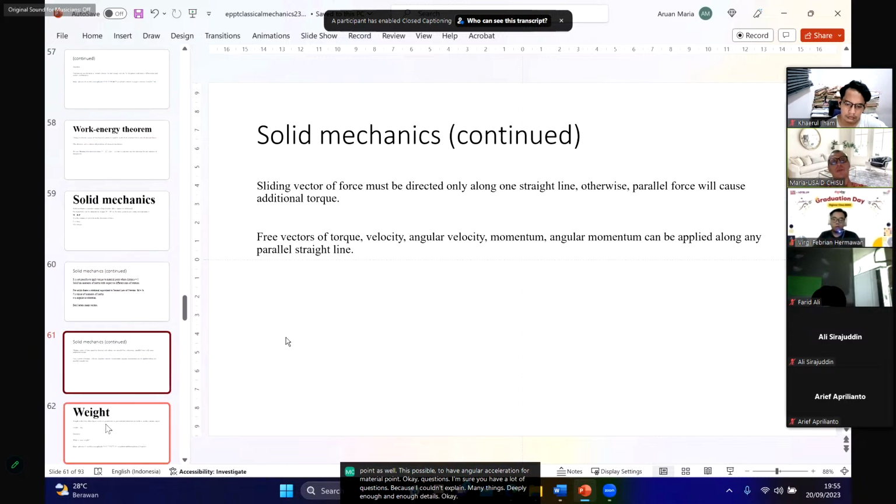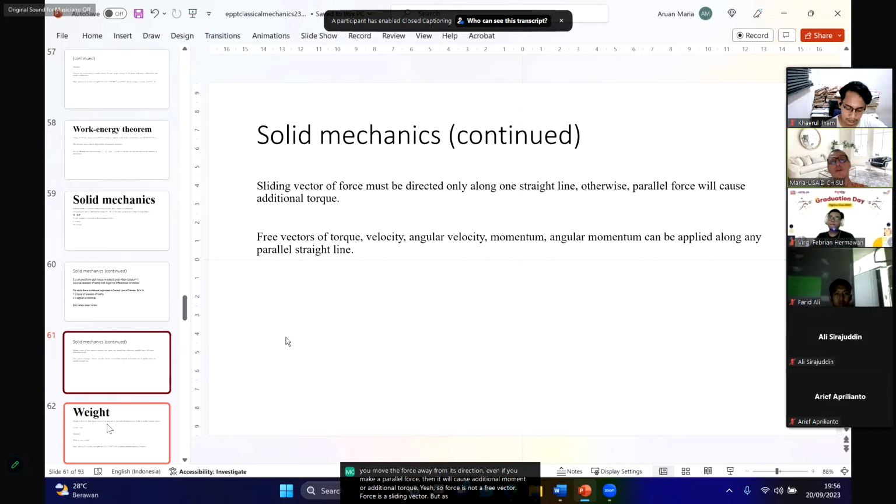Okay, let's try slide number 61. We should be aware that the force vector is the sliding vector. You cannot move the force away from its direction. It can only slide along the direction, because if you move the force away from its direction, even if you make it a parallel force, then it will cause additional moment or additional torque. So force is not a free vector. Force is a sliding vector,